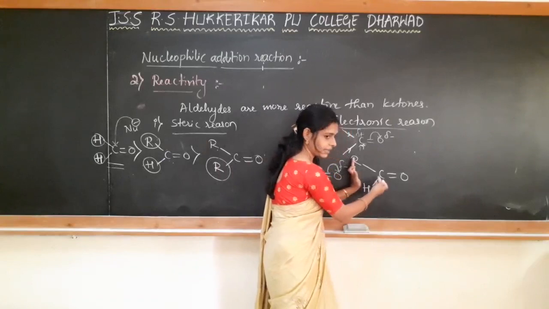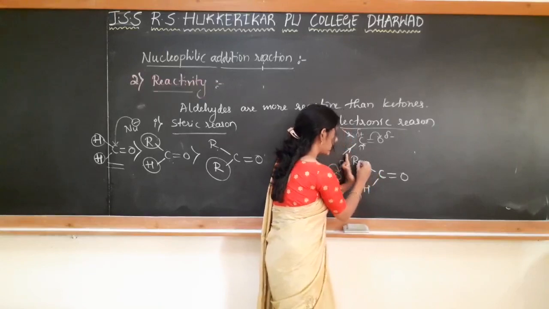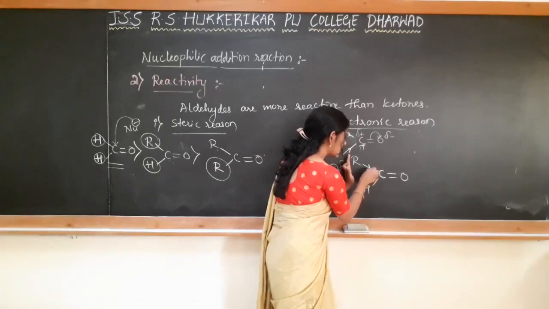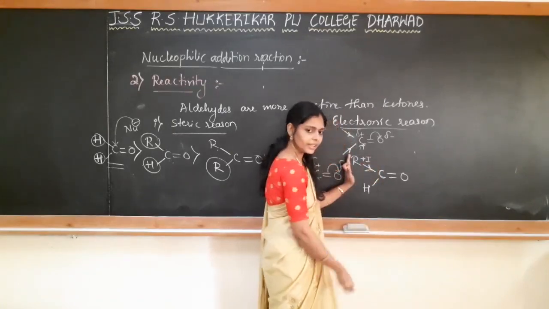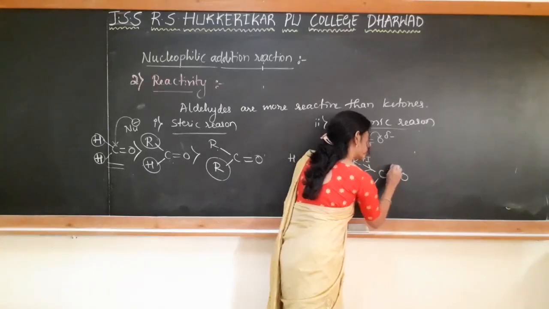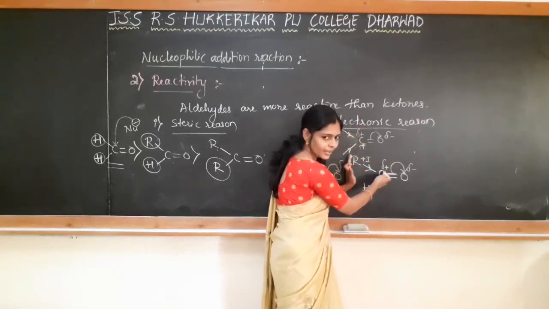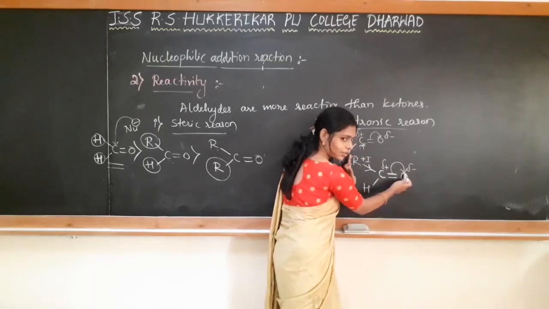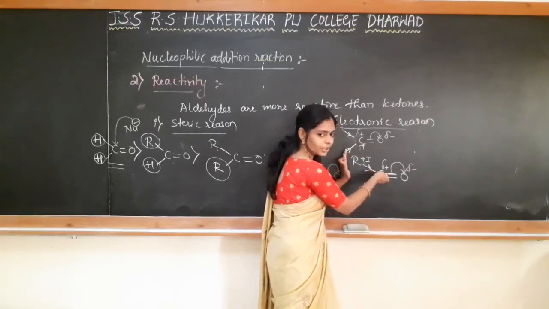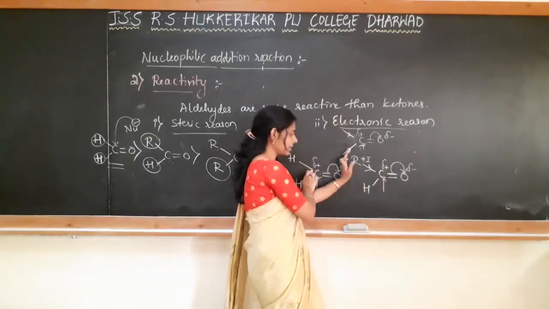Whereas in the second case, in the case of other aldehydes, what happens? The carbonyl carbon is attached to an alkyl group on one side and hydrogen on the other side. This alkyl group shows a plus I effect. Correct? It is pushing electrons towards the carbonyl carbon. So here, obviously, we will have our polar structure. This is electronegative, this is electropositive. Electron density is already reduced because of this electron shift. So it is already reduced, and from this side the electrons are given to the carbonyl carbon. When it is like this, the electrophilicity is decreased compared to the earlier electrophilicity.